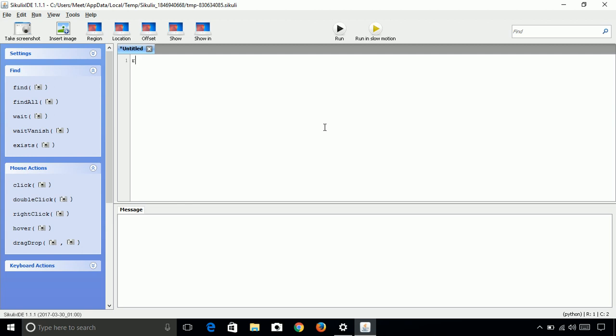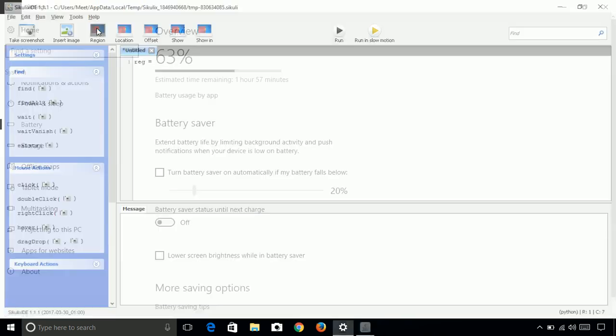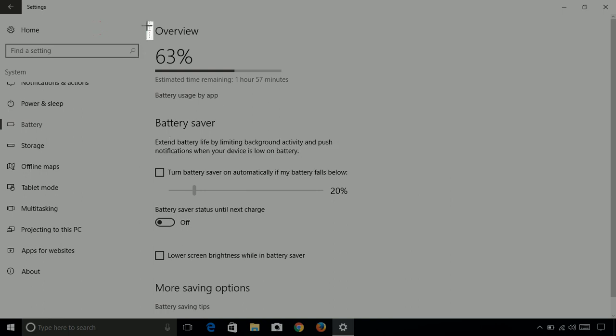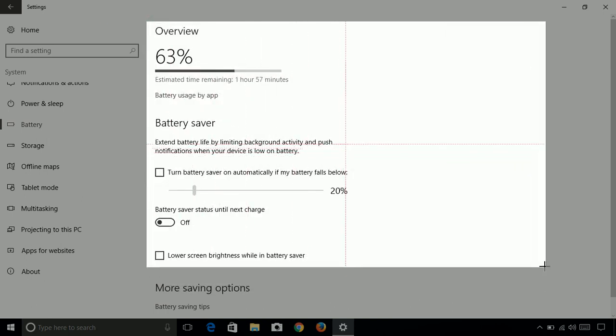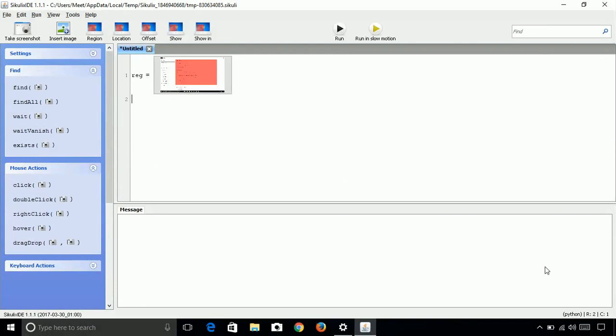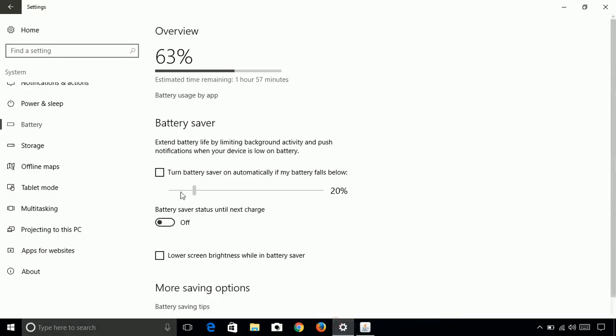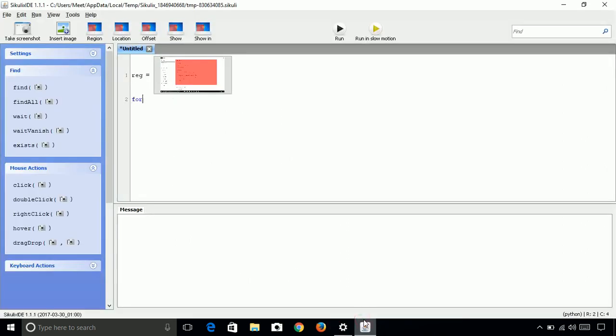So first let's write the script for checking the checkboxes. First let's define our region and save it to the variable called region. Let's define the region. The region will be this. Then we need to click on all the checkboxes, so we will loop through it.